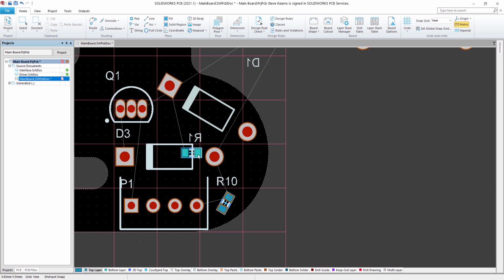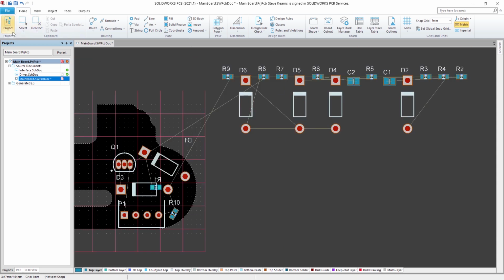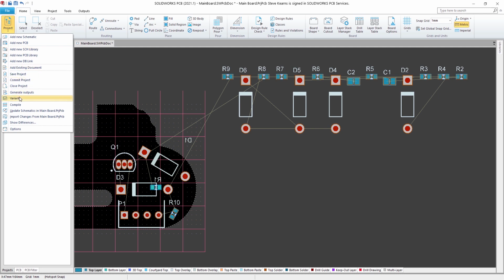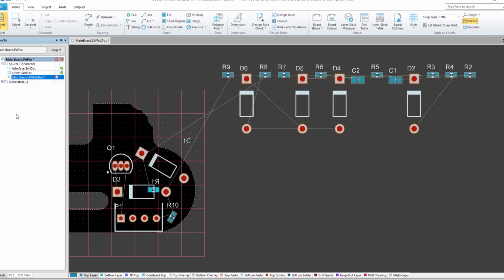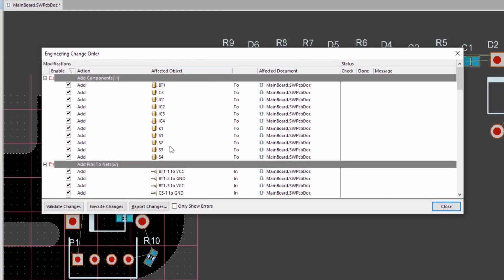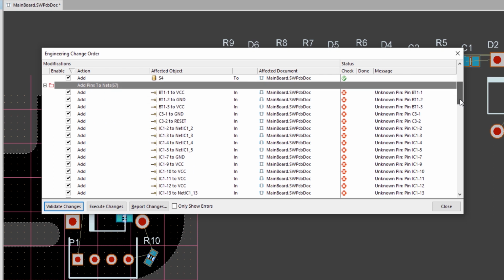We still need to add the missing components that did not have footprints available initially, so we rerun ECO. On validation, we see that they now have them available. The nets will still be in error because the pads are not in the design yet, but on execute it is recognized that they are being added.